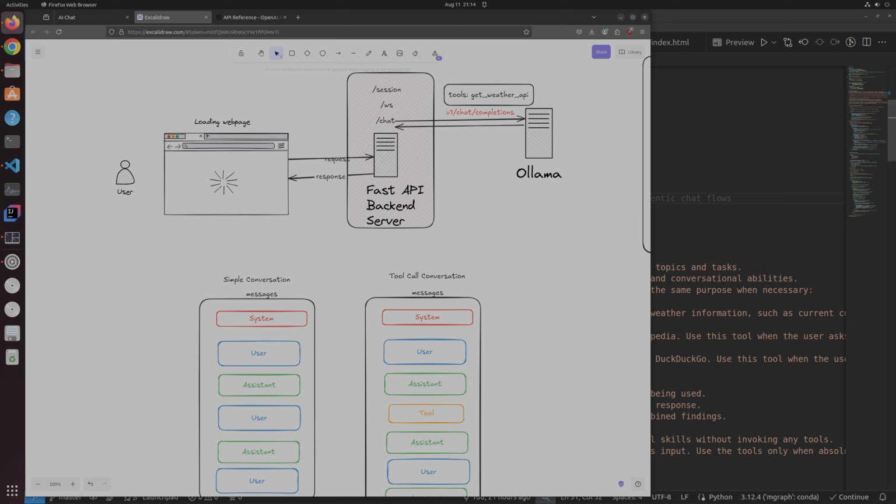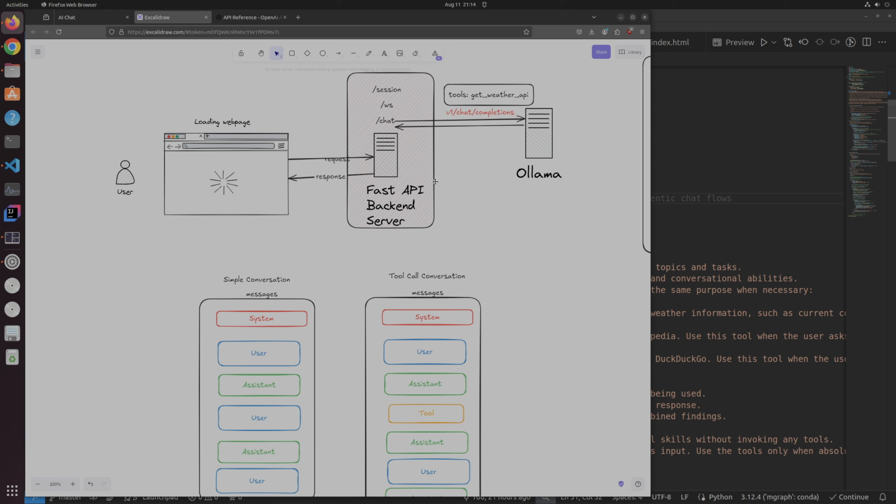In this video, which is the last in the series, we'll take a look at the end-to-end flow, how everything comes together, and how we are going to use multiple tools at the same time and make them available to the agent. So as a summary, our large language model AI powered chat application is a web browser based application